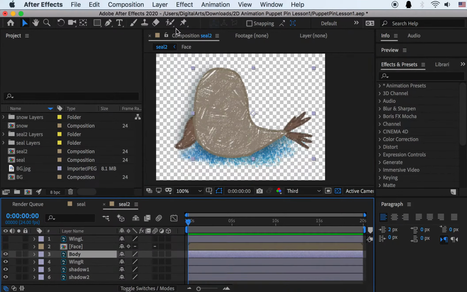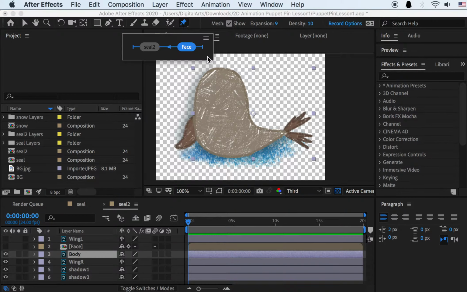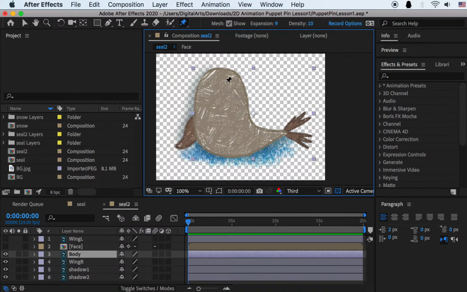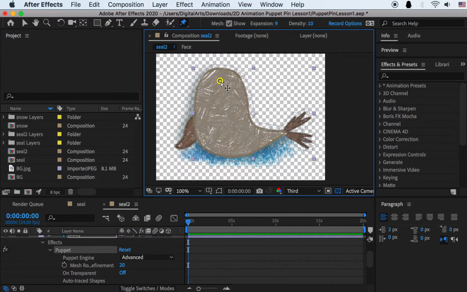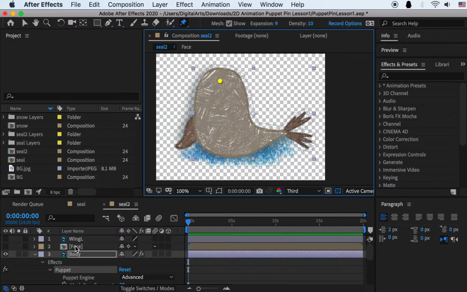So for the body, we can just use this tool, which is the puppet pin. Click on that, and we'll click on the body layer. Make sure you select this body layer. And once I click on that, you can see I created a yellow spot, so that is a puppet pin. And here it also added the pin here. So it is an